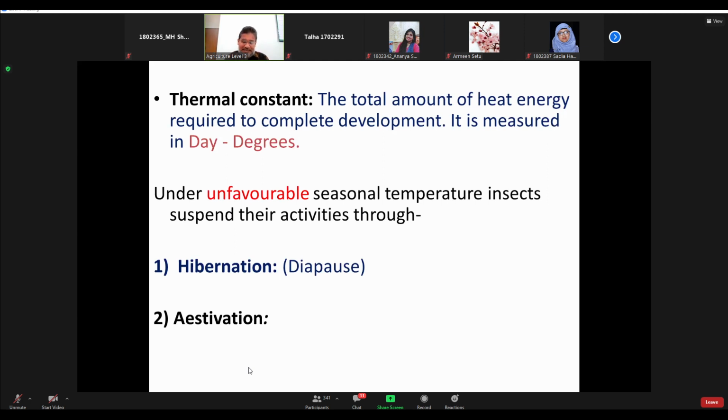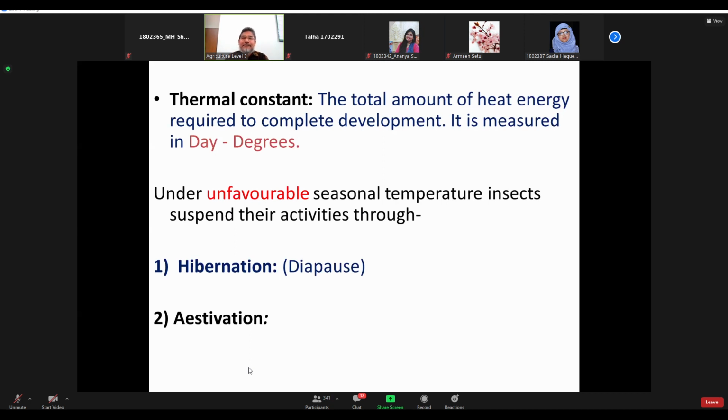So we can say that an insect needs a total amount of heat energy to complete the development. Total amount of heat energy is expressed in degree days. For example, 400 degree days, or 500 degree days, or 450, or 430, 437, whatever may be there, there is a fixed degree days for specific insects. It has been calculated